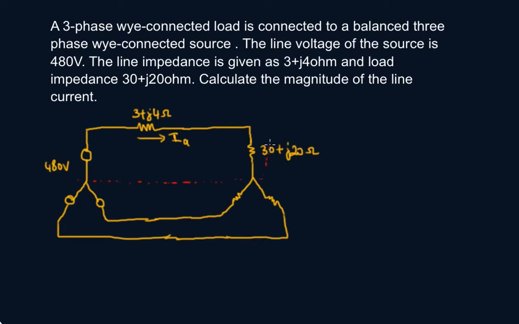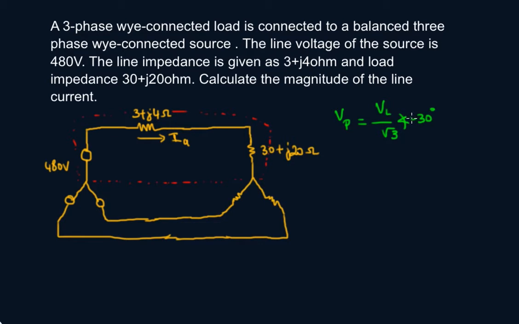So we have to consider this per phase alpha. Let's say we're just considering phase alpha, and if we are doing that, that means this voltage is not going to be used because this is a system voltage, this is a line voltage. So we have to use a phase voltage in order to do that, because this is Y connected. Your phase voltage, remember, is your V line over square root of 3, and there is a 30-degree lagging